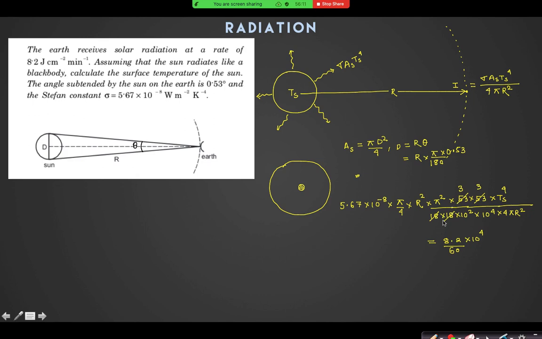18 into 4 is 54. So approximately I can make it 3. Right? Look, r square gets cancelled out. 1 pi you can also cancel. Right? So now